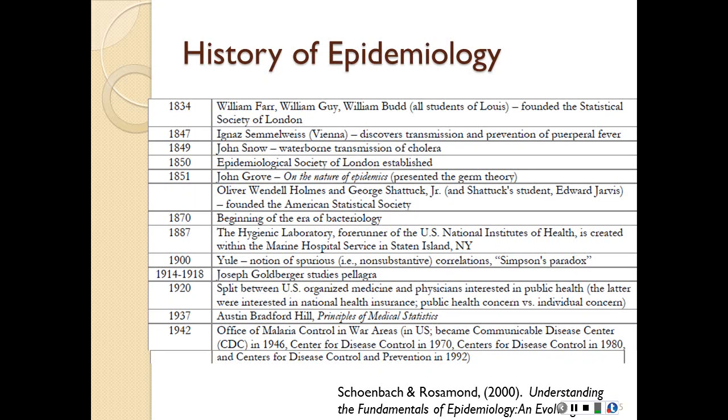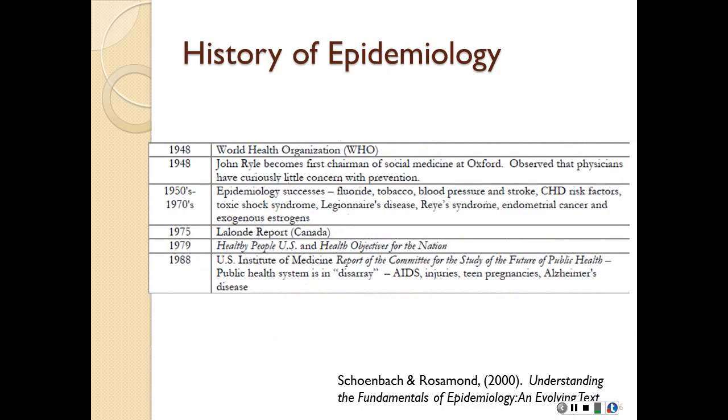And then we move into our more recent years. So what's happened recently? Well, we don't have as many problems with crowded conditions. We've learned a lot about sanitation. Now, not that infectious diseases aren't a problem, but they're not the huge problem. Most people don't die from infectious disease anymore. Most people die from chronic disease now. And so, with that shift from infectious disease to chronic disease within the population, epidemiology has also shifted. And so now there's huge focuses of epidemiology that focus only on chronic illness.